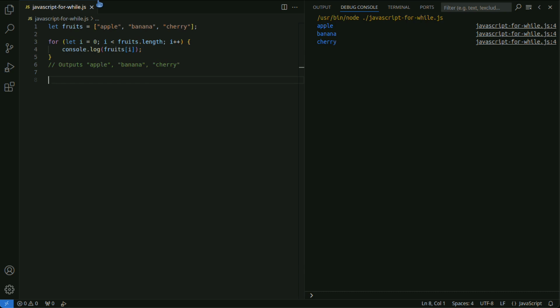The for of statement is used for iterable objects like arrays and strings. This allows you to process each element without using indices.